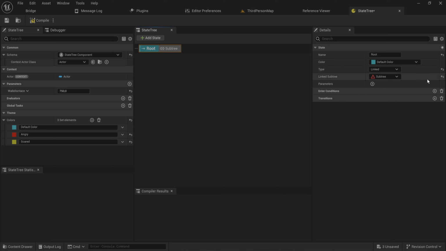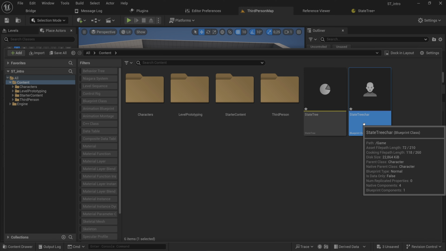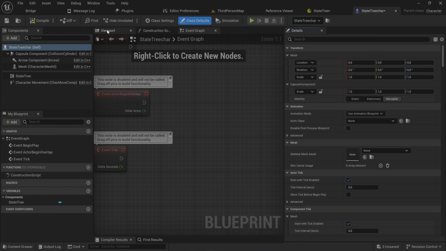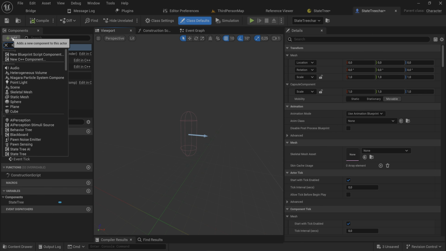So let's just remove all of these and we're going to change this back to being a state. The root usually can actually be a group instead if you want to, but we're going to just change it back to being a state, everything back to default, and we'll make a character that has this state tree on it real quick. So I already made this state tree character class, and here we simply just add a state